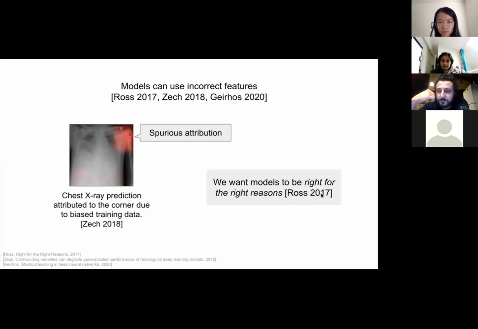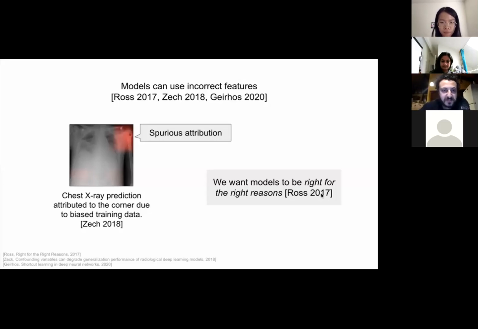So what we want, besides this out of distribution issue, we also have models that are just not right for the right reasons, or maybe on some subset of demographics, it looks at some spurious feature, but for other parts of the demographic of the training data, it looks at the right feature. So it's really hard to make sure that these models are helping and are being right for the right reasons